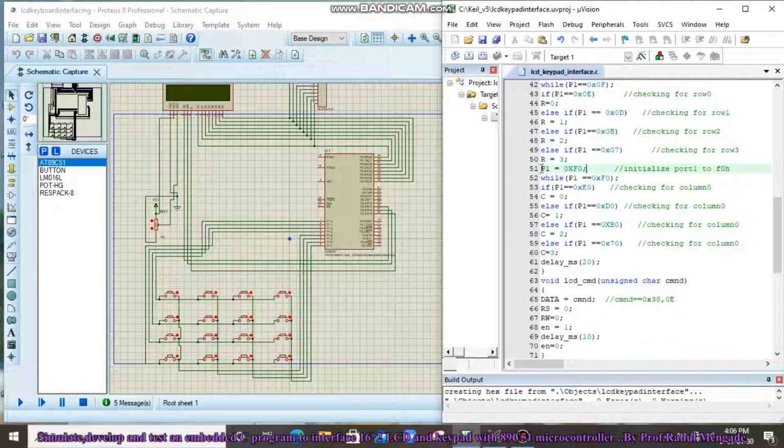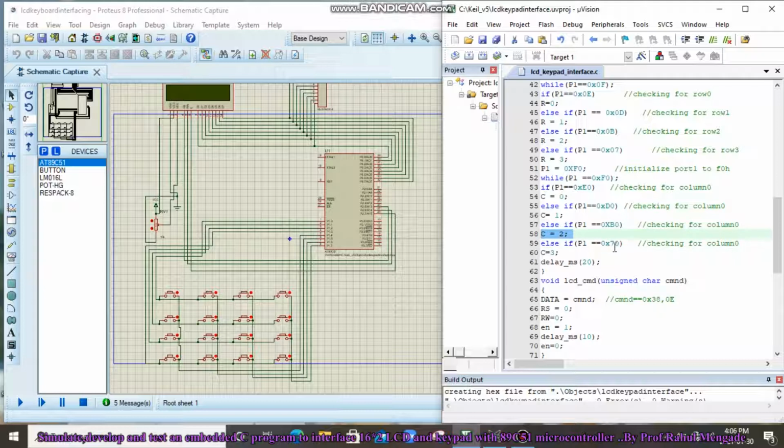Then to check the column, make P1 equal to F0. While P1 is equal to F0, first condition, if P1 is equal to E0, then column 0 is selected. Else if P1 is equal to 0xd0, that means column 1 is selected or detected. Then if P1 is equal to B0, column 2 is selected.